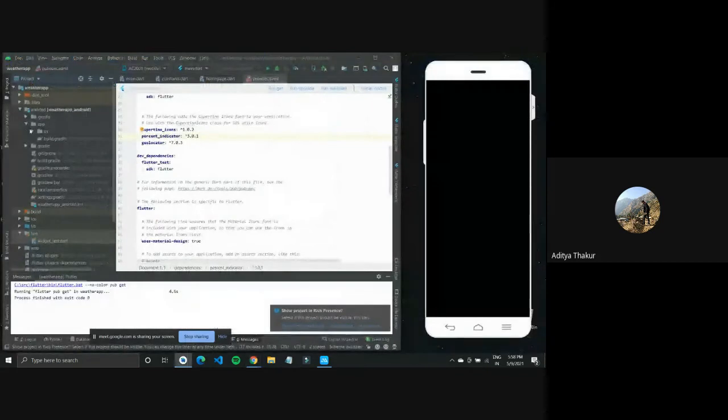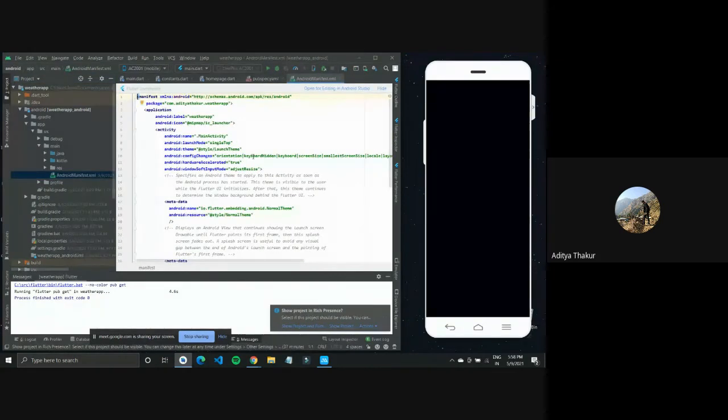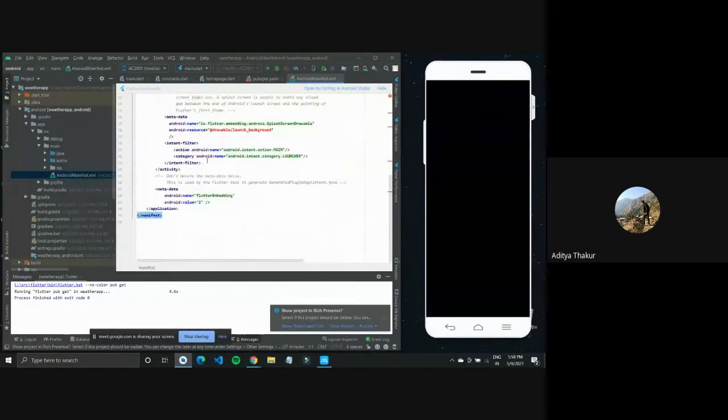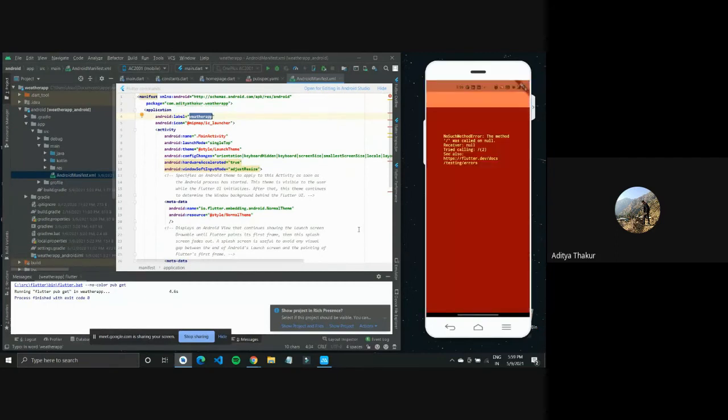But for Android users, what you need to do is go to android, then app, then the src folder, then main, and you'll have this AndroidManifest.xml. This is one file that we would be using to firstly change the name, I think. Yeah, the label is there. This is the name with which the application shows up on your Android device.